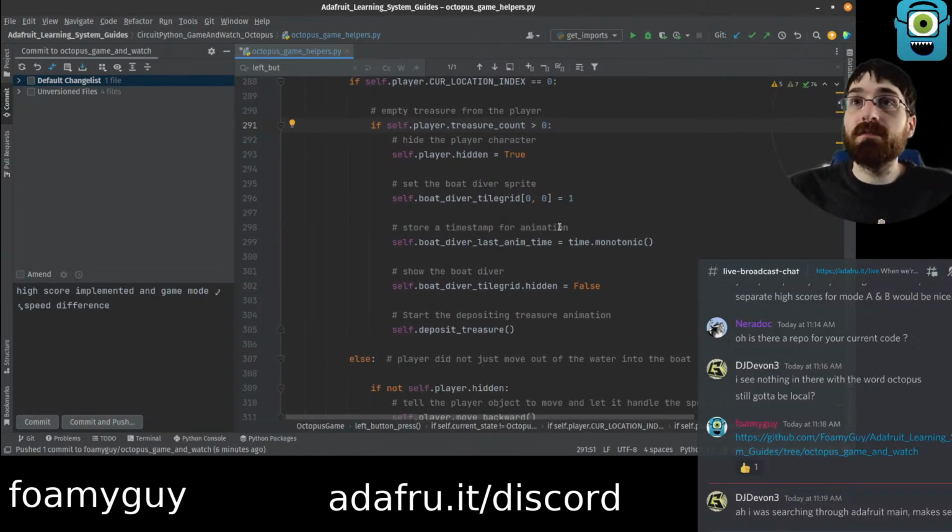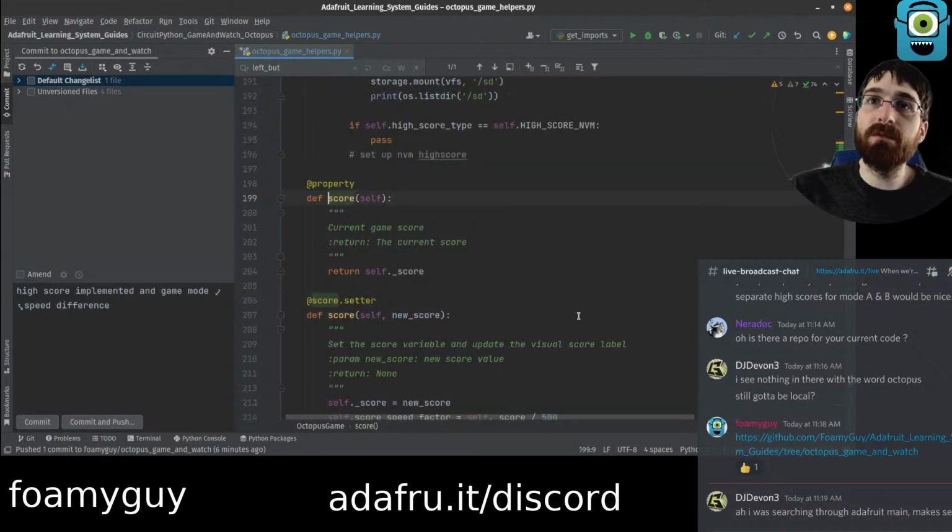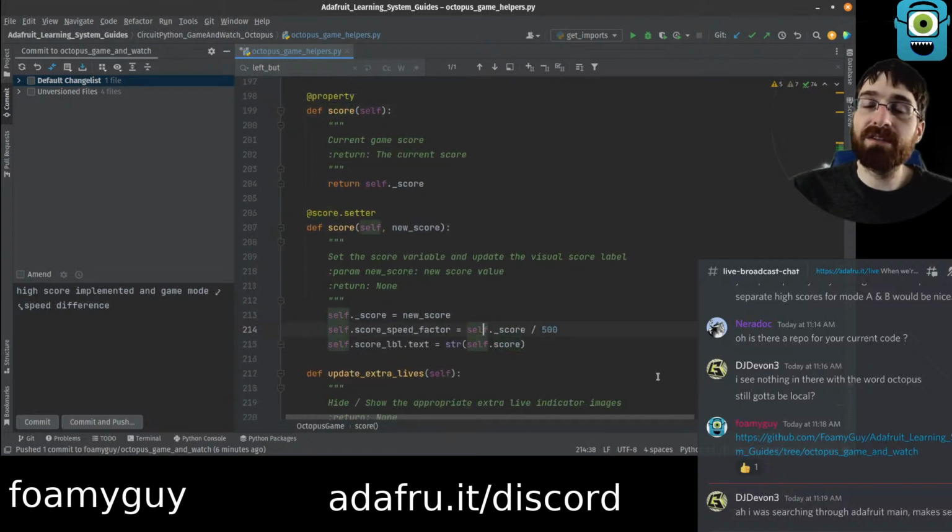Where am I at? Or the timestamp for the animation. Deposit treasure. Yeah, +1 inside a for loop. So we should not need to worry about skipping past. We should be able to just say